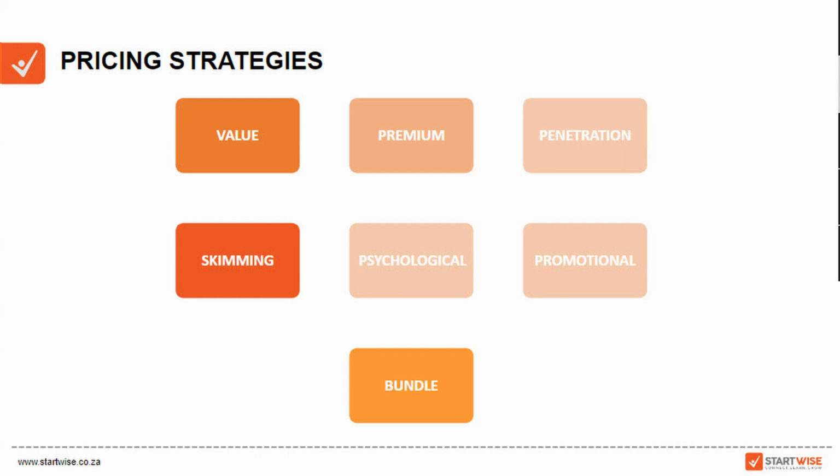So that's value pricing. Premium pricing is used when the product or service you are selling is so unusual or so special that customers are prepared to pay very high prices for it. An example might be a super rare handbag, where only 5 of them were ever made by Louis Vuitton, for example. You can charge a premium for that because there's so much value and it's so unique that customers are willing to pay more.